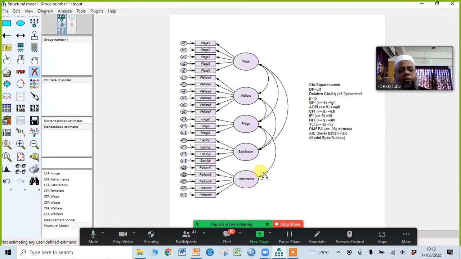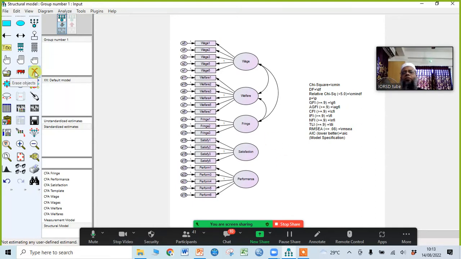Same for satisfaction. Okay, just delete this and deselect it. If you click on the erase object again, it will be deselected.